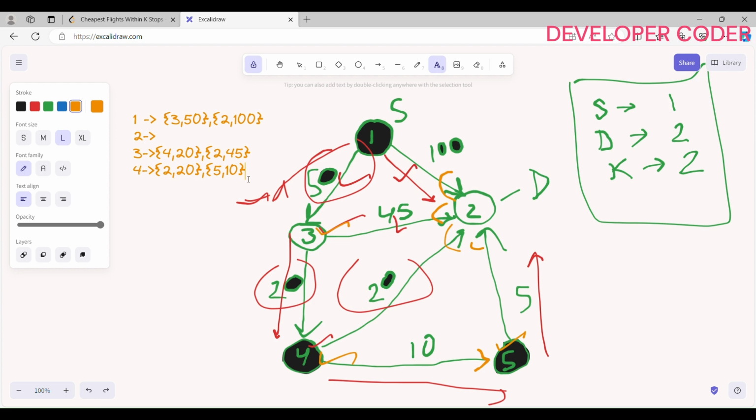And now, what are the possibilities from 5? So from 5 we can go to 2, and this price is 5. So here, what I am writing in the adjacency map that I am creating: I am writing here, this is nothing but from city,